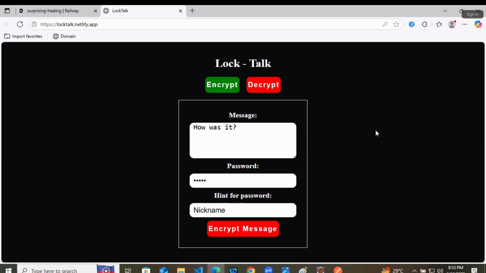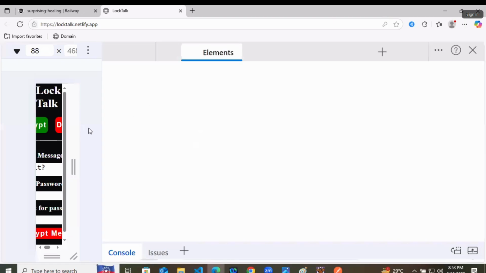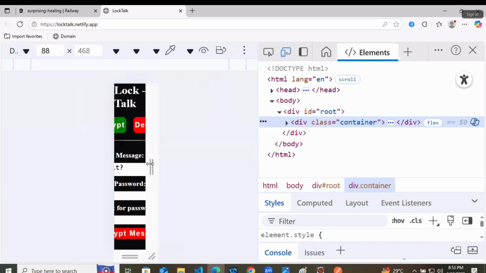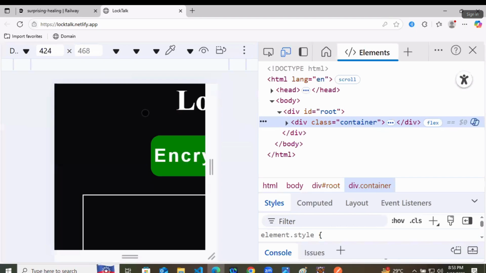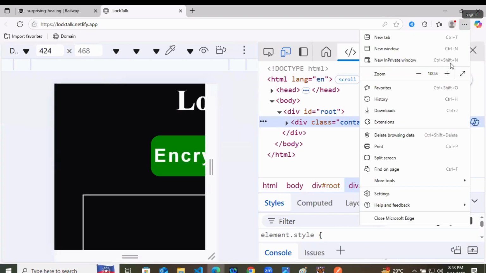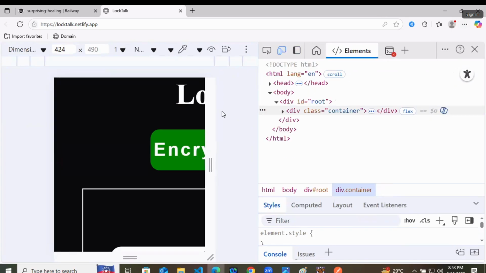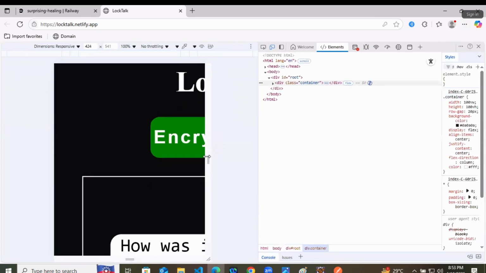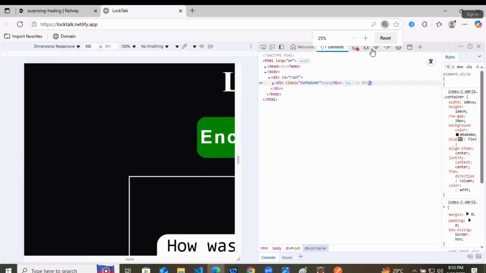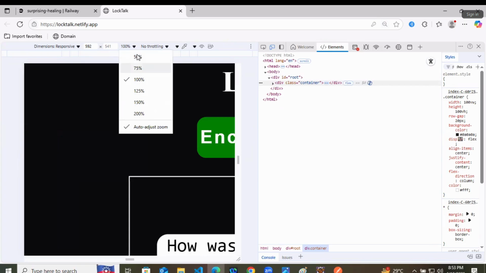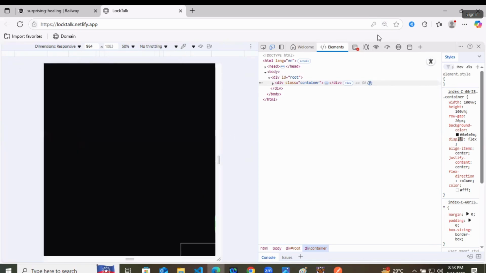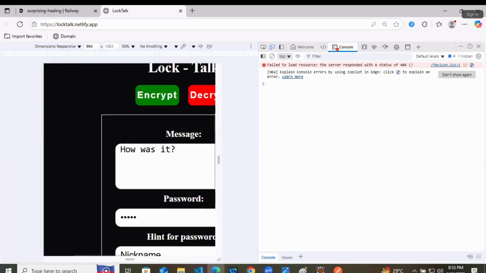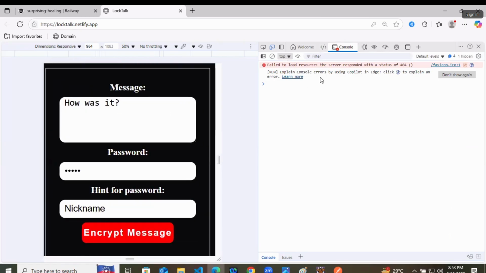Now when I'm trying to encrypt the message, we'll go to the console, and from here I will hit the encrypt message button.